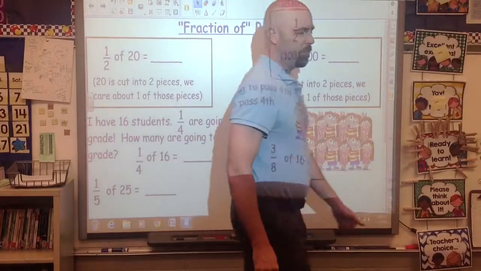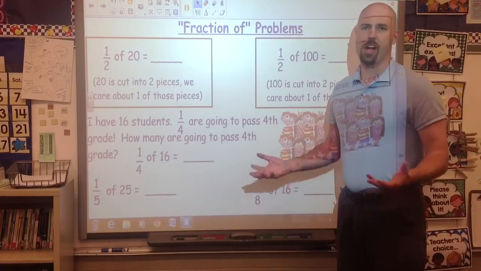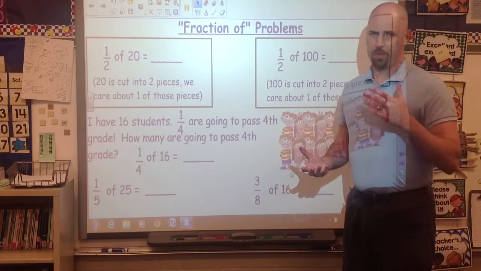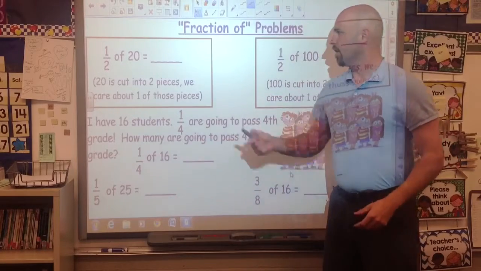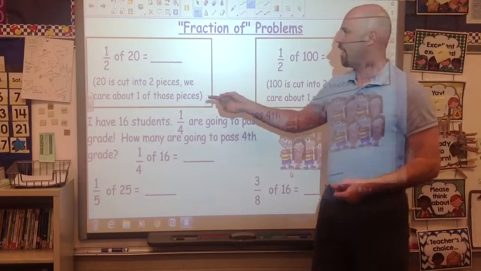Hello everyone, welcome to fraction of problems. I call them fraction of problems because they're fractions of sets, they're fractions of groups. So we're going to show you a couple different ways, actually two ways that we do this in the classroom, and let's get started. So we start off with ones that they can easily identify in their head, like 1/2